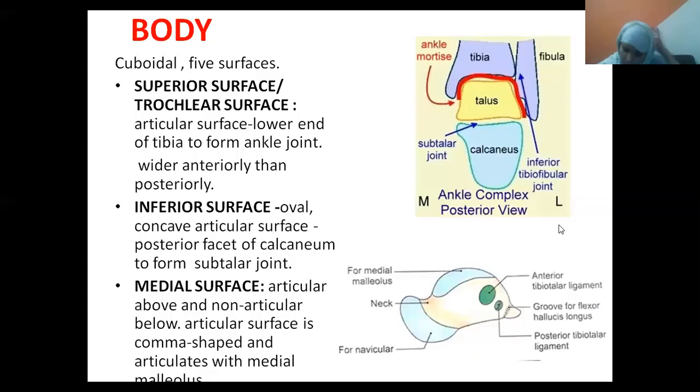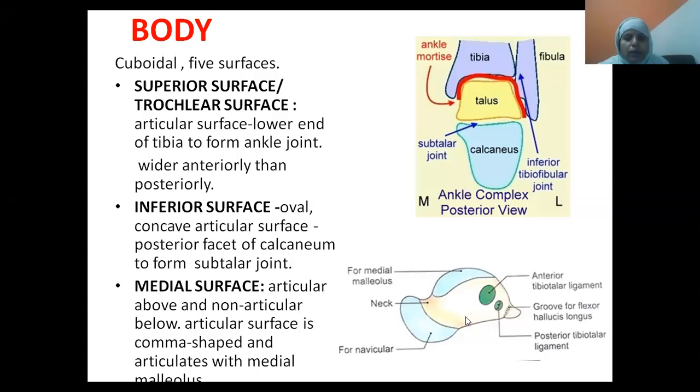Okay, beta. So this is the medial surface of the same talus bone. This is the head, neck, and this is the medial malleolus area. What you are finding. Okay. Then here you will see some ligaments. You need not remember the names now, but just an idea, like we have anterior tibiotalar and posterior tibiotalar ligaments here.